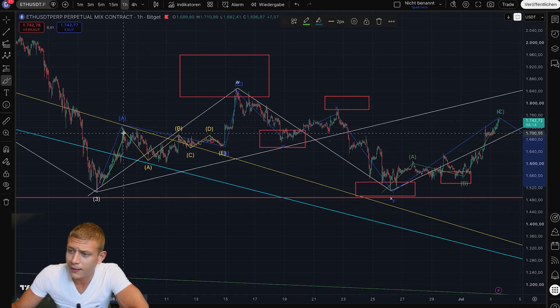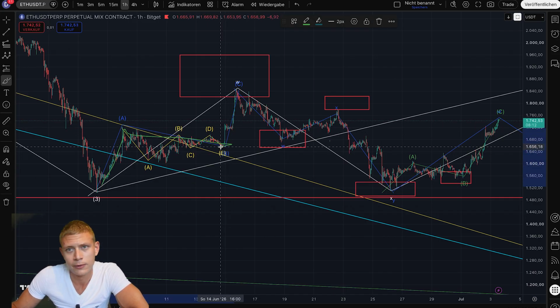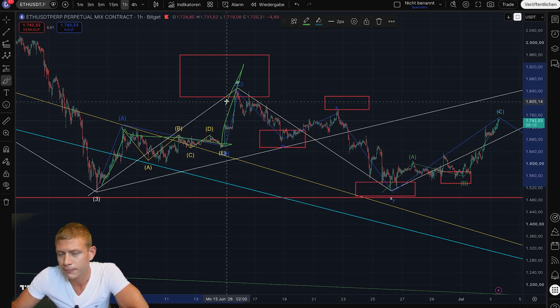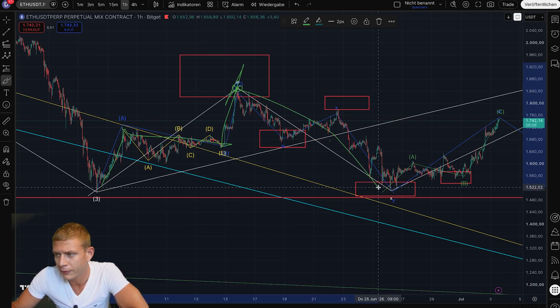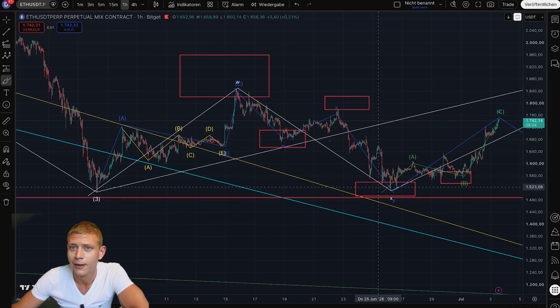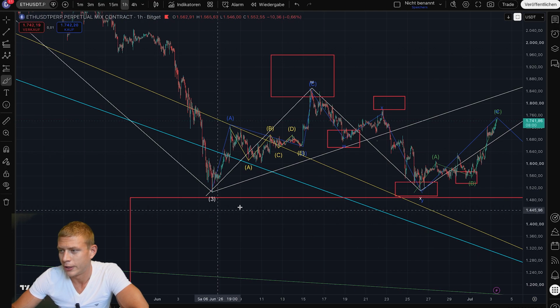But once you get an impulse and a triangle, you already know it's going to be an ABC, no doubt on that. So close your trade there and bet on the other direction. It's kind of a nice pattern to have a follow-up with. The tricky thing on a triangle is,